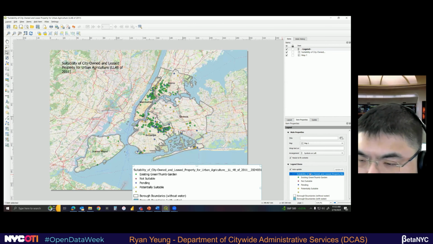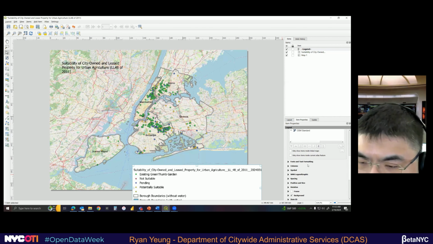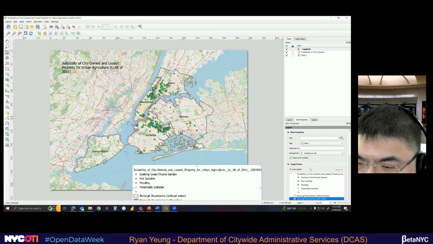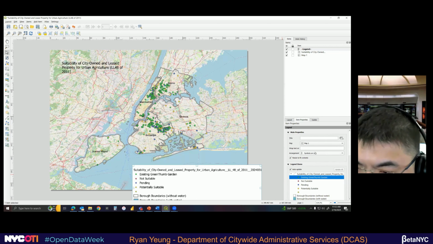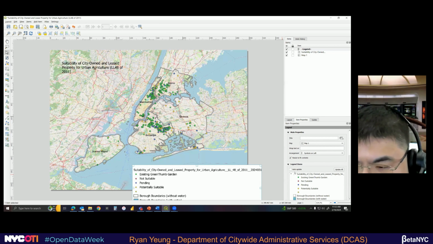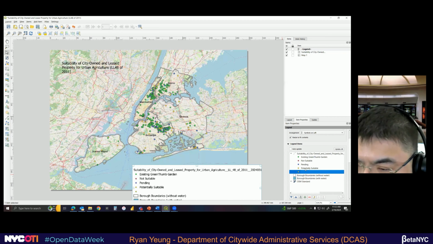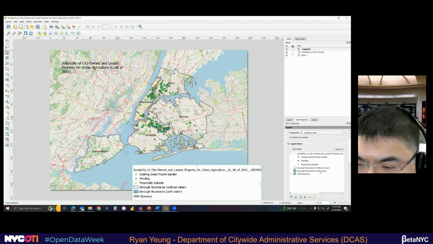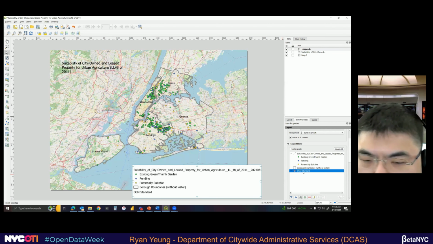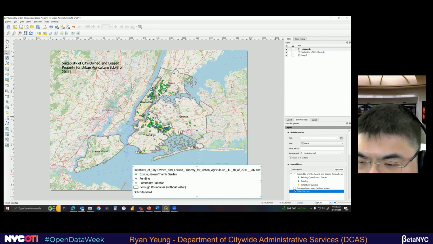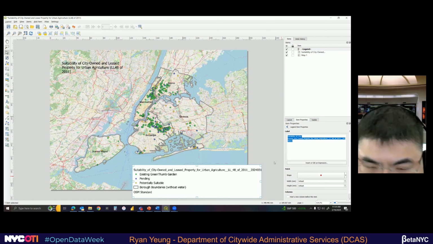We removed that. And we don't have all these different categories either. Let's fix that. What we're going to do now then is deselect auto update, because that's where the layers came from. And you'll see pluses and minuses here. Let's remove not suitable. We don't have that. Remove this other all else. We don't have borough boundary about water. I want to keep that OSM standard just to tell you what the base map is. And we do have borough boundaries. We can keep that. And the title of the legend should not be suitability. So let's double click on that and let's just call it legend.